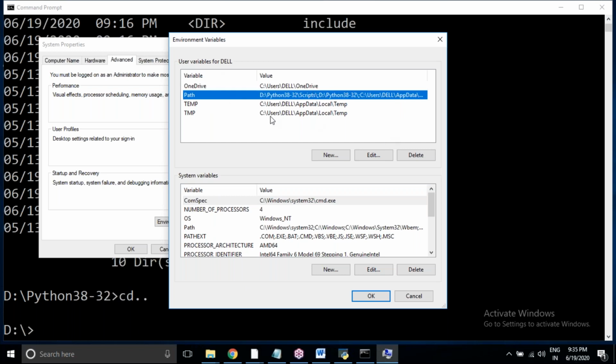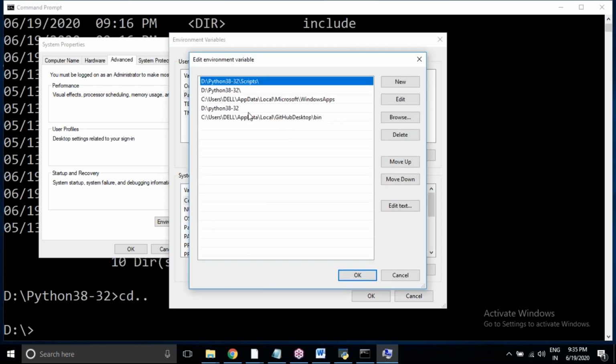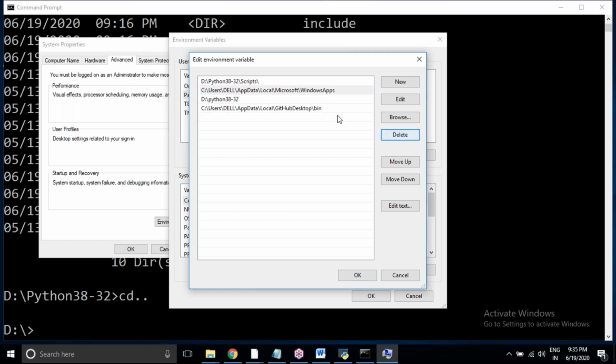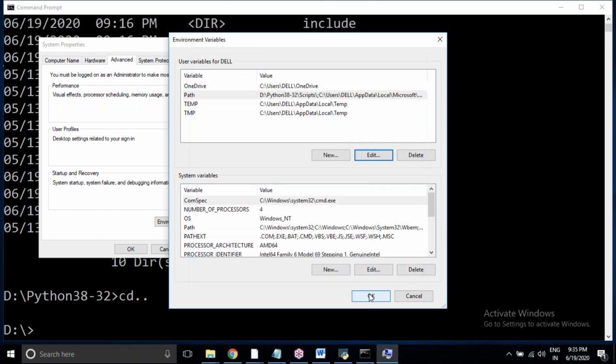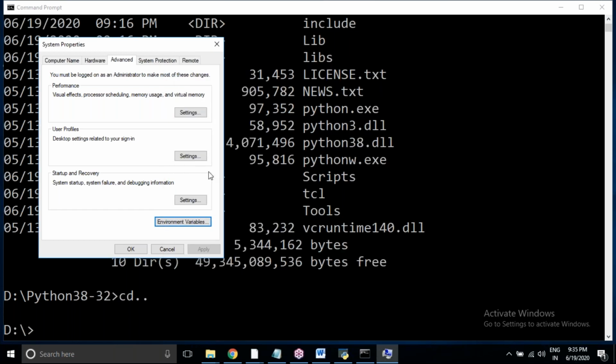Select the path and click on edit. It shows two entries, for the old version. I'm deleting both. So the path is deleted; whatever path was given at the time of installation is deleted. Okay.